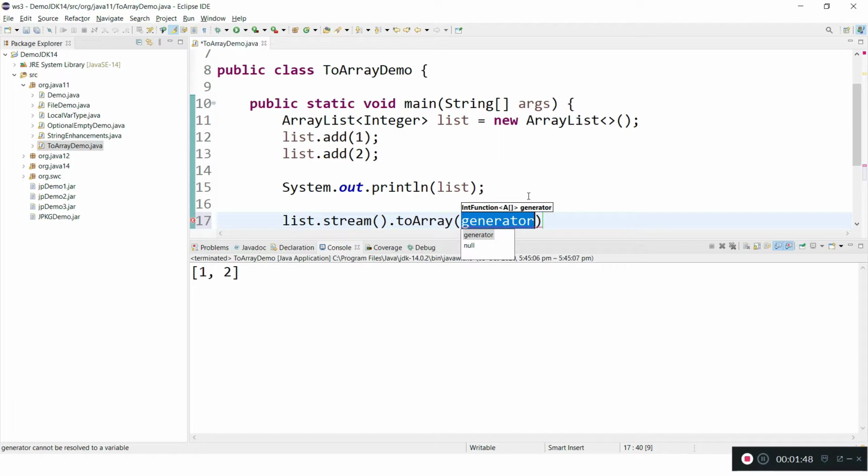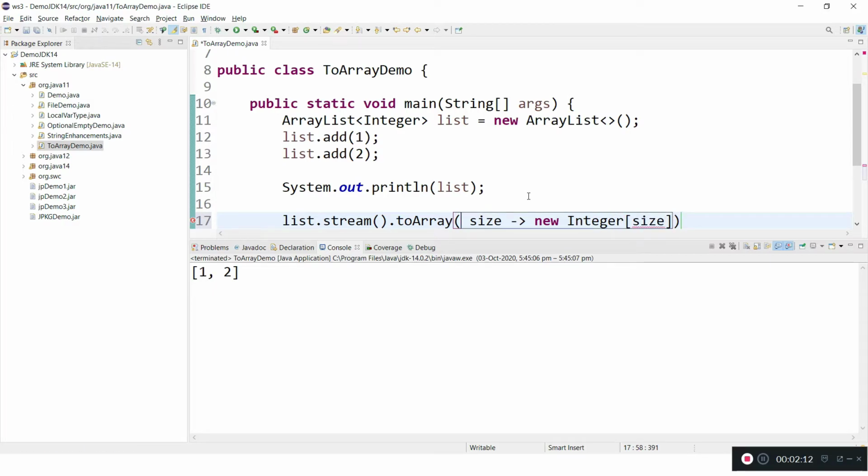So here we need to create one new array of type integer, and so size, then new integer of the size of the array.